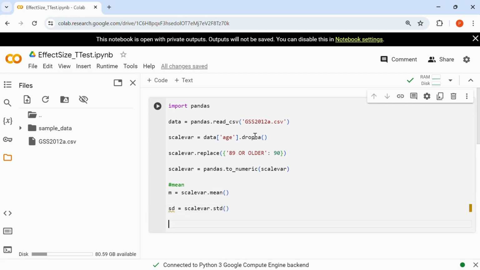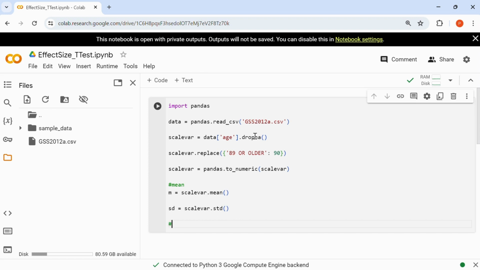So these are the inbuilt functions already present in my Python library. Further, I am assuming that the t-test you have already done, so I will not reapply the t-test. I will simply calculate my